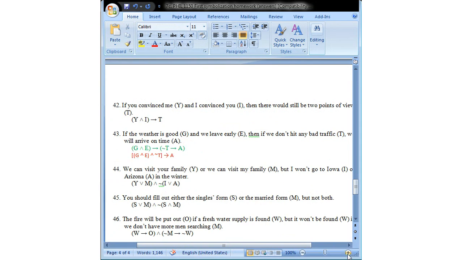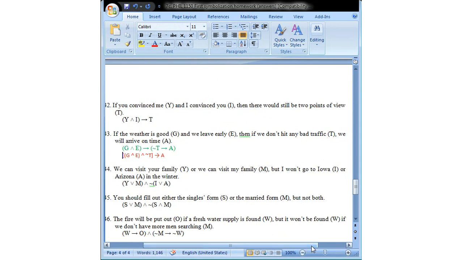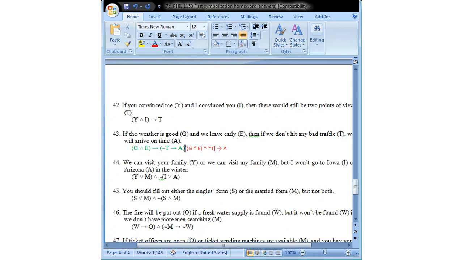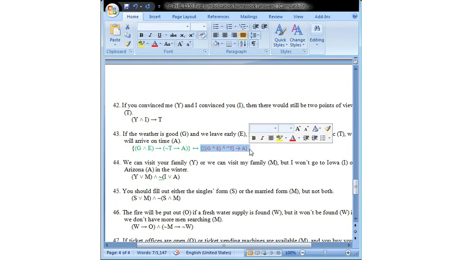And symbolization gets a little tricky, we really want to model the intent that's here, right? Even if you could show, and I don't know that you could show this, but even if you could, and this would be an interesting exercise, that these two statements are identical. So let me put these things in brackets. Even if we could show that these two things are equivalent, that this way of saying things is the same as this way of saying things, and in two weeks we'll learn a way to actually test that, which will be really cool. Even if they were logically equivalent, which is not a given,